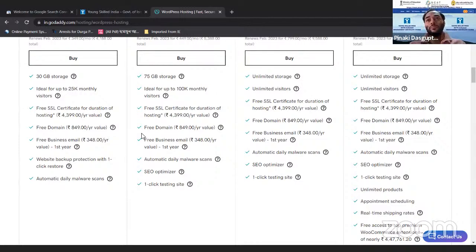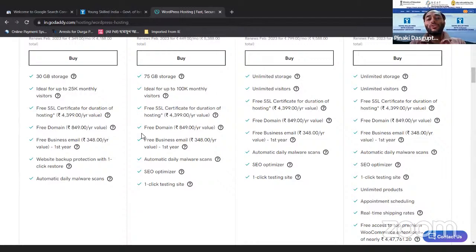A server is basically a very large thing. You have to keep it in a large space, and you have to keep 2-3 ACs continuously running in the server room, because it generates a lot of heat. It is also a very costly affair. So it is not possible to purchase a server for a small business owner, medium business owner, or an individual trying to establish a blog about their forte. That is why we usually purchase a space in the server.